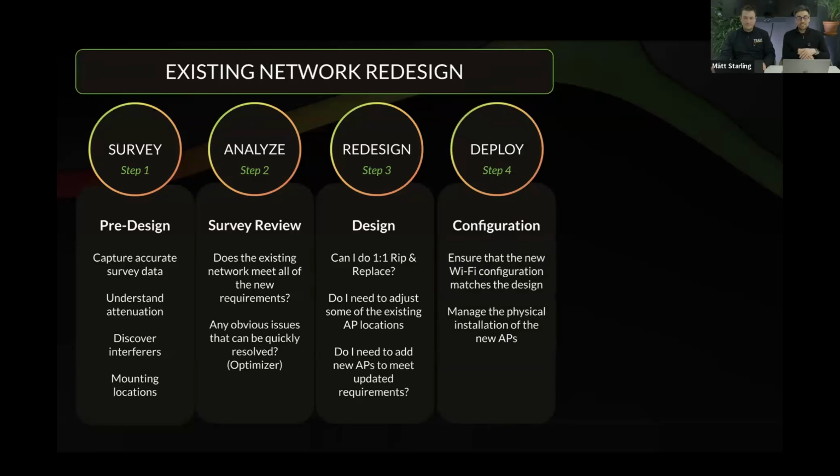Then step 4 is the deployment and the configuration of your new design. And this is a really key part that I would recommend that you keep close with, because if the configuration doesn't match how you've designed the new Wi-Fi network, then when it gets installed, the performance may not be the expected rate from what you had designed, because maybe the transmit power is all out of control. Maybe the channels and the channel widths are not set how you were planning them to be.